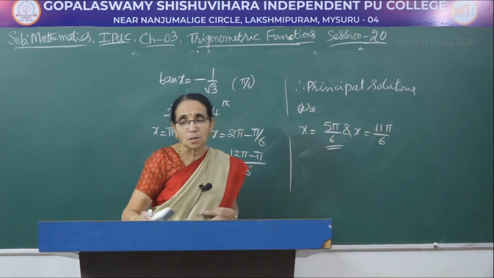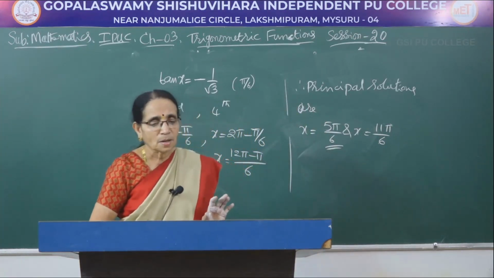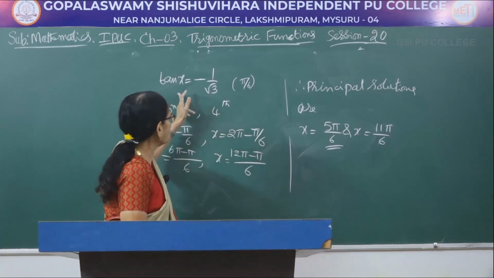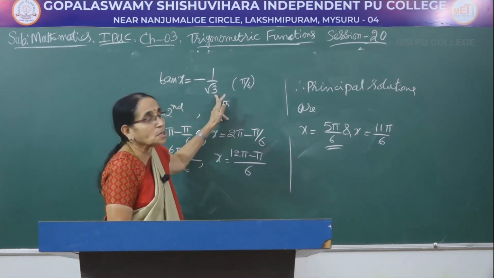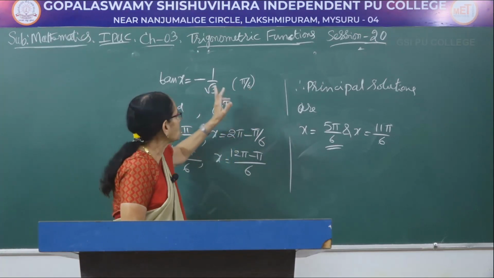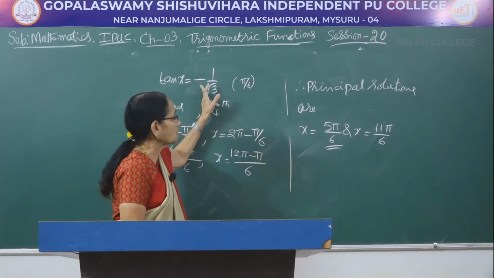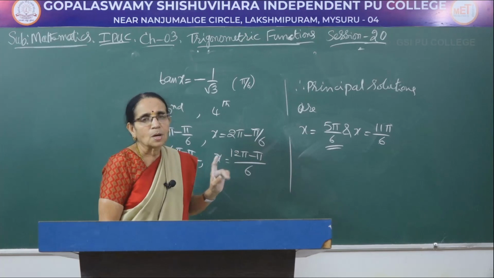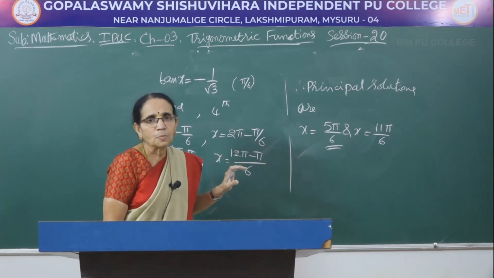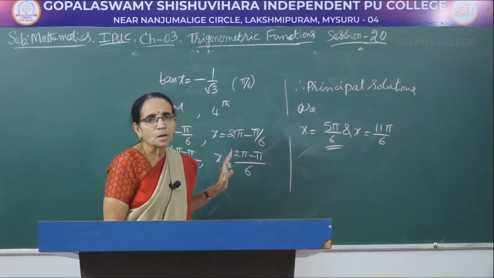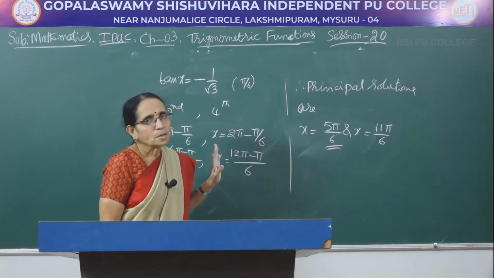So remember this procedure. Whenever you come across trigonometric functions, look at the function, look at the numerical value that has been given. First remember the corresponding standard angle. Look at the sign here. If it is positive, you take the appropriate quadrant. Take the sine function: first and the second quadrant for positive, third and the fourth for negative. Take the cos function: first and the fourth for positive, second and third for the negative. Take the tan function: first and the third for the positive value, second and the fourth for the negative values.